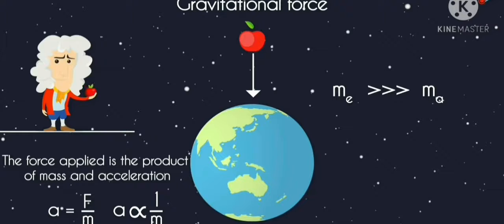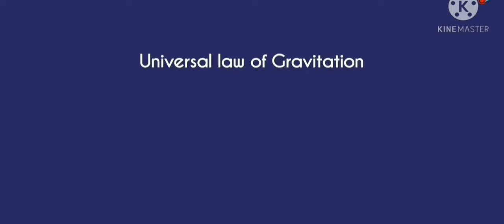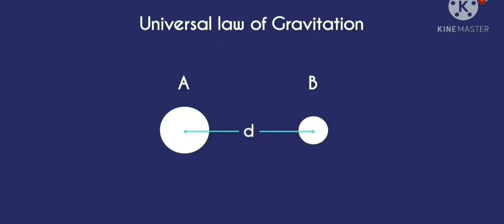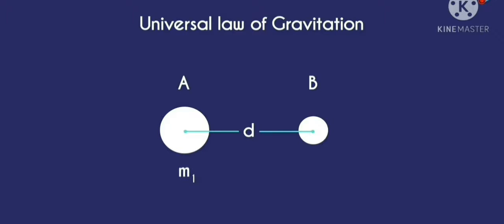Now the question is, how do we quantify this force? To understand this, we need to understand a simple concept. And this simple concept is called the universal law of gravitation. Say there are two objects A and B separated by a distance d. The distance between the centers is considered the distance between the two objects and not this distance. Assume that the mass of object A is m1 and that of object B is m2. As object A is bigger, let's assume m1 to be bigger than m2. The universal law of gravitation says that